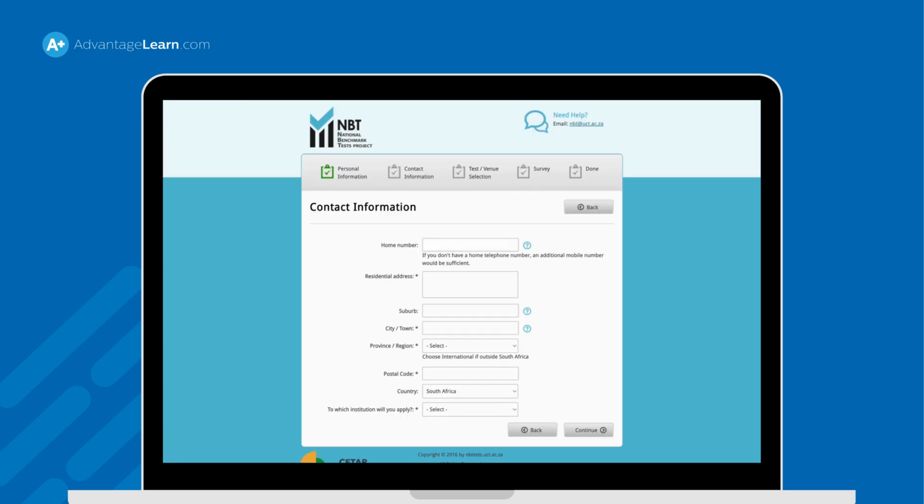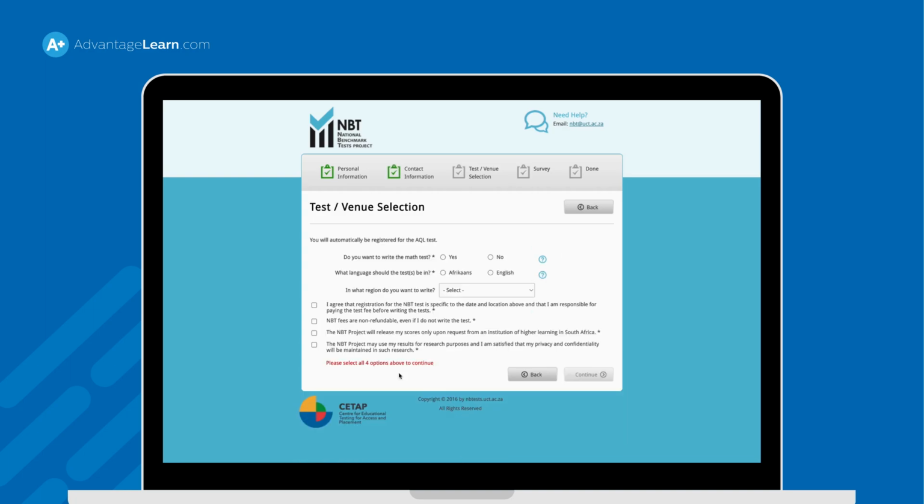In this next section of the form, we are going to be filling in our contact information. Let's fill in this contact information now. Now that we've filled in the contact information, we'll need to click Continue. This will take us to the next section of the form where we will fill in our test and venue